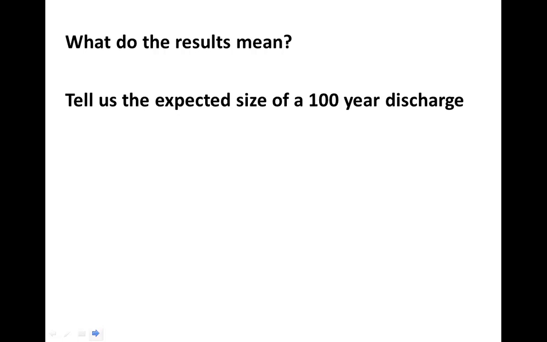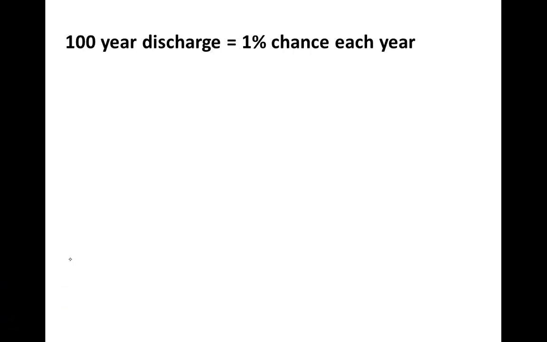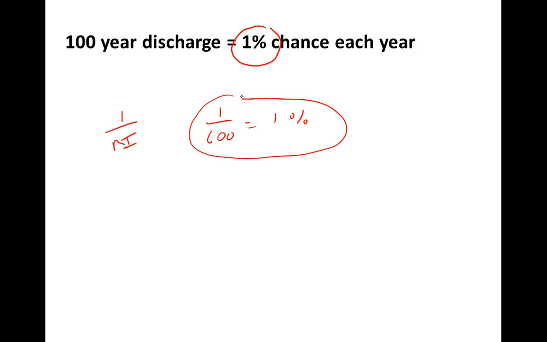at risk of flooding. Now, a 100-year flood does not mean that a flood of that size would occur once every 100 years. Instead, it's better interpreted as a probability, a chance. Probability is just the reciprocal of the recurrence interval. A 100-year flood has a 1% chance of occurring in any given year. That might not sound like much, but risk is cumulative. Each year, you have a 1% chance of seeing a discharge of that size